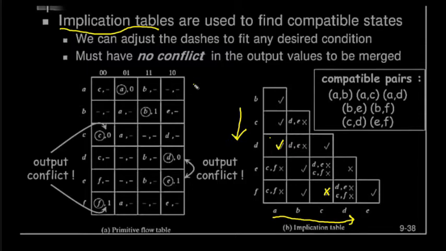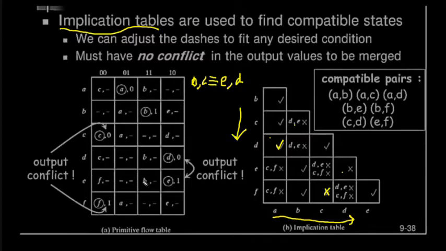We can see that only E and D are conflicting. If E and D are compatible, B and C will also be compatible. Therefore, B comma C implies D comma E. I note these implied states in this cell, and if I compare D and E,